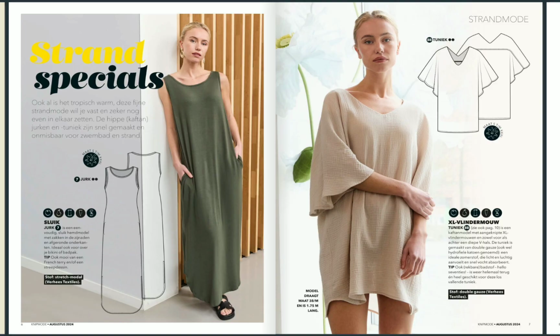I cannot really see. I don't know. Maybe we'll take a look in a moment. Maybe we can see that later. Anyway, let's go on. You will see that this tunic is also in a longer